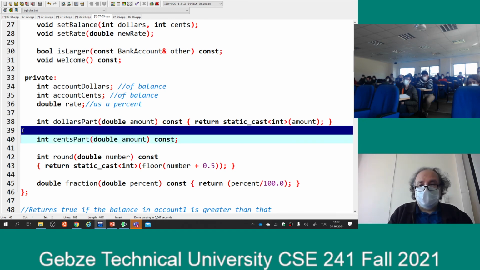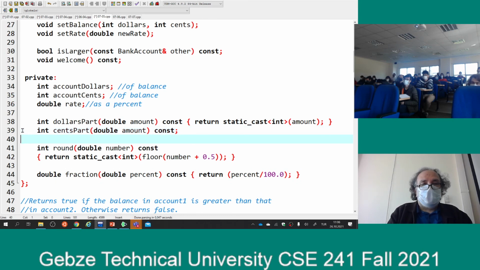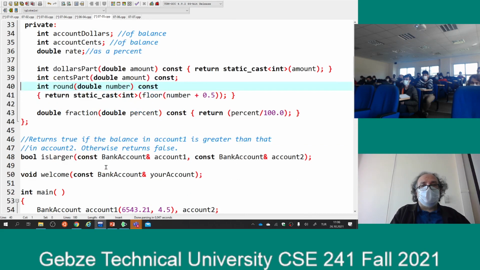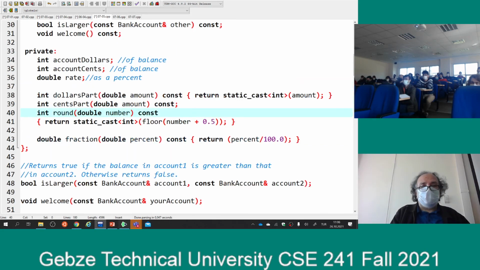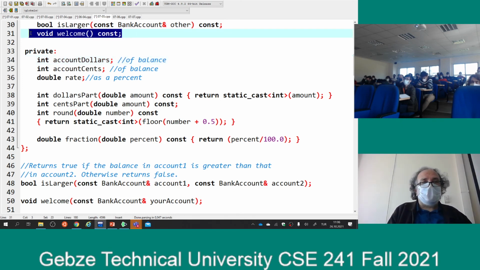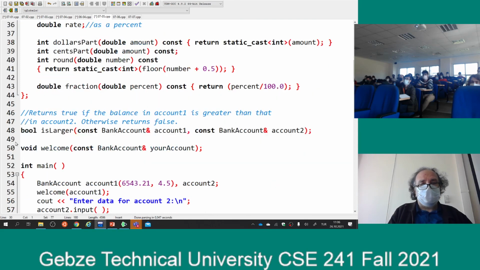Why can't I do this? Okay, so look at this definition. It has two const keywords. One is for the second parameter. I have two const keywords here too. One is that I promise that I will not modify my parameter. The second one is that I promise that I will not modify my object. Okay, let's copy them out,